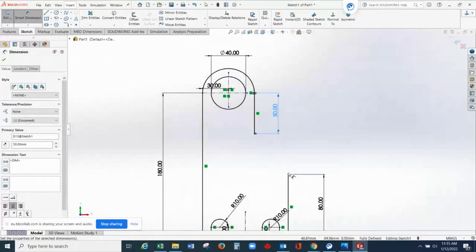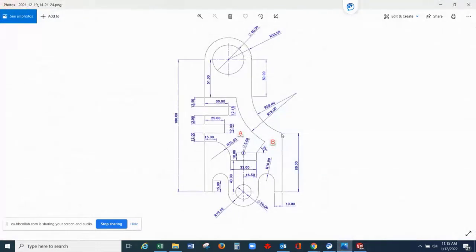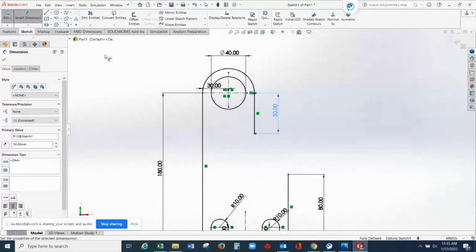Now from here, we need to connect one arc here, okay, having a radius of 58.